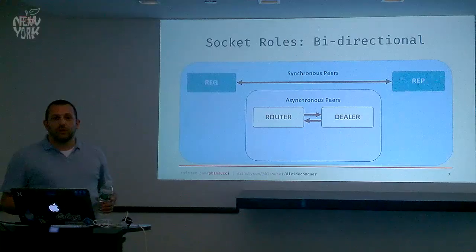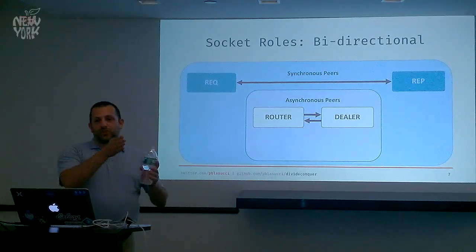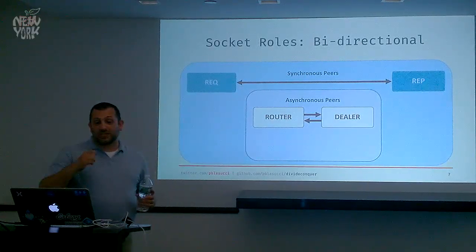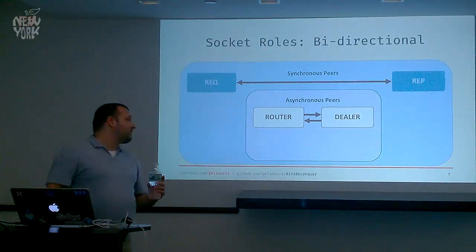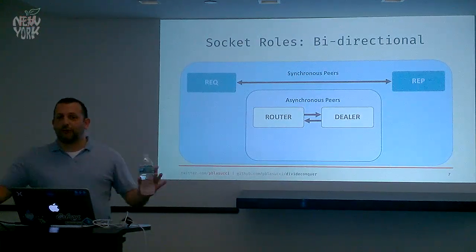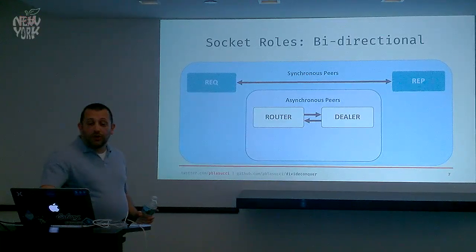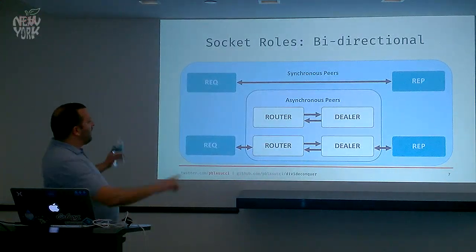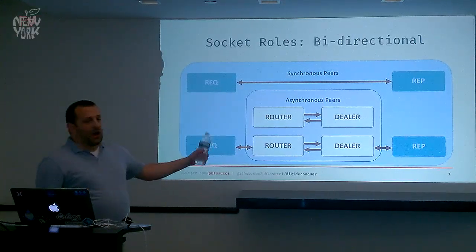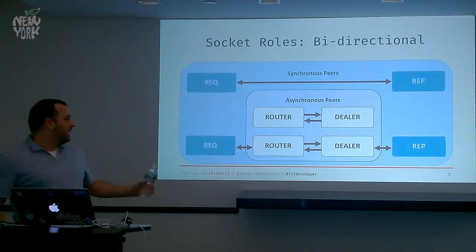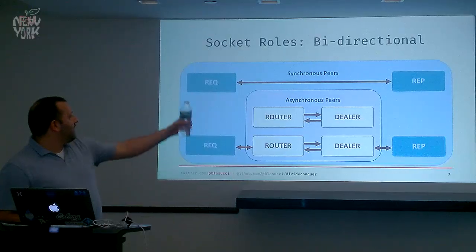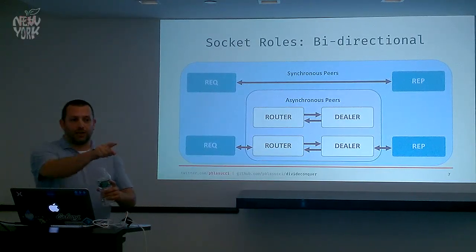And what router and dealer do is very similar, except that you no longer have this strict send and receive staccato dance. You can send 10 messages, receive 2, send 1 more, receive 6 more. You can implement a dealer that just sends messages and doesn't receive at all. You have full asynchrony. The other cool thing is you can chain things together. You typically can't chain things to req and rep, you put them on the ends, but you can put as many routers and dealers together in the middle, and this is where you get your intermediaries, your proxies, so you can build very interesting topologies, chaining together synchronous and asynchronous bidirectional communication.